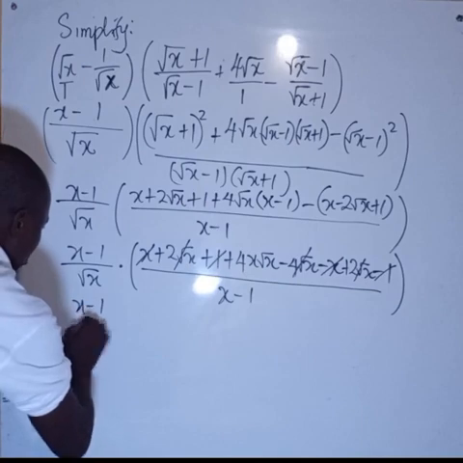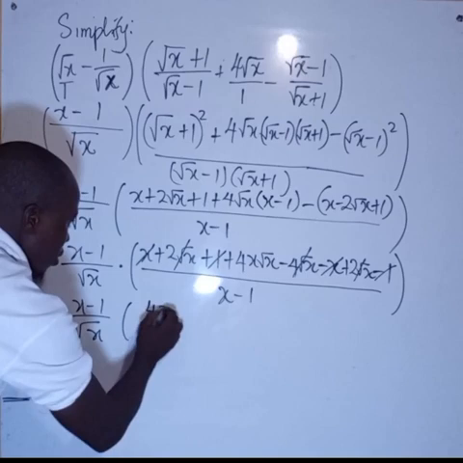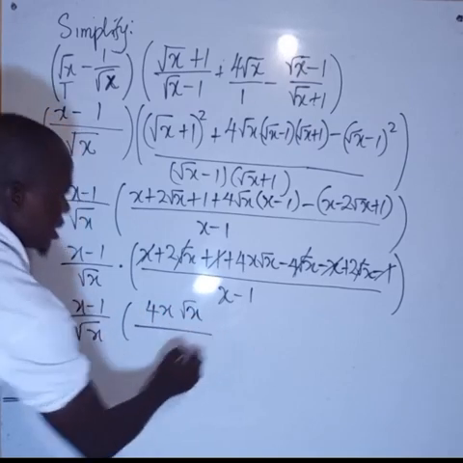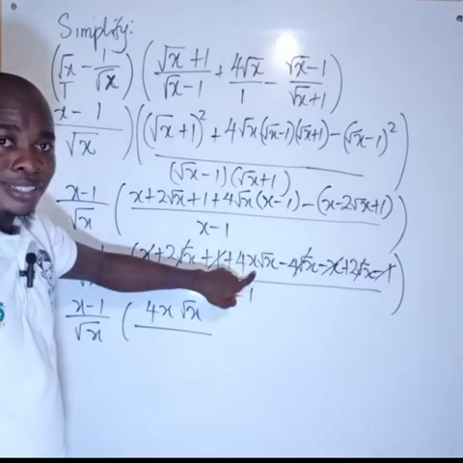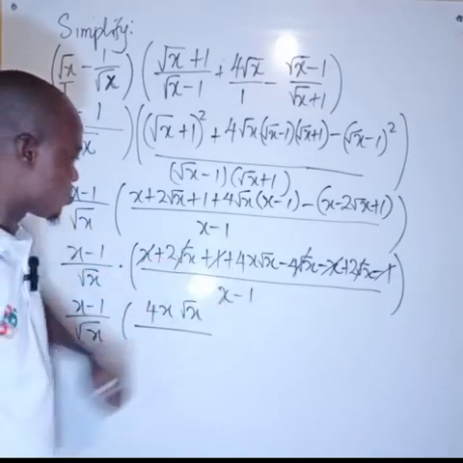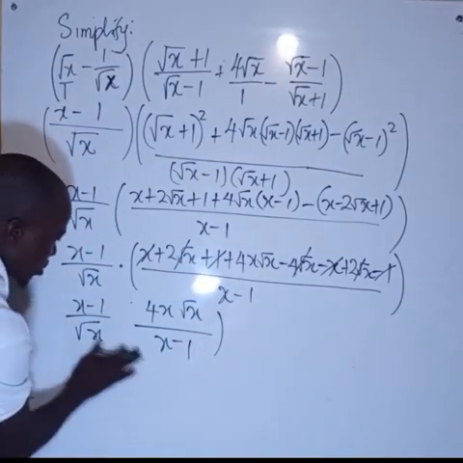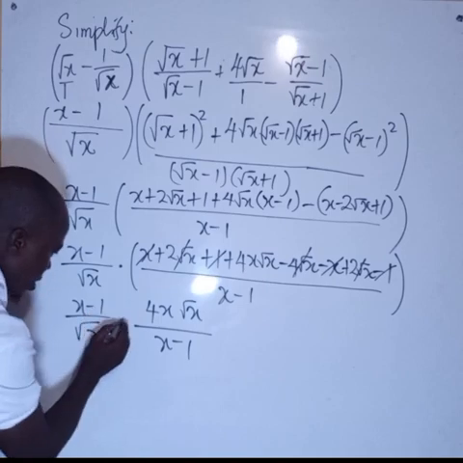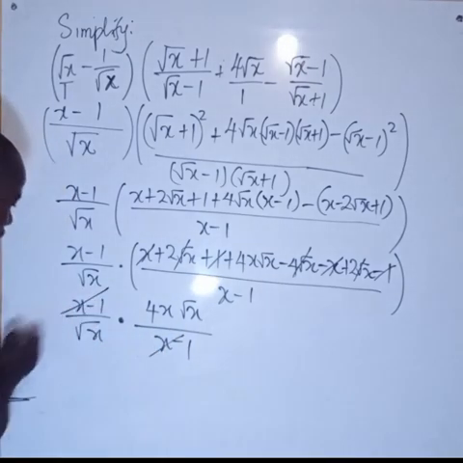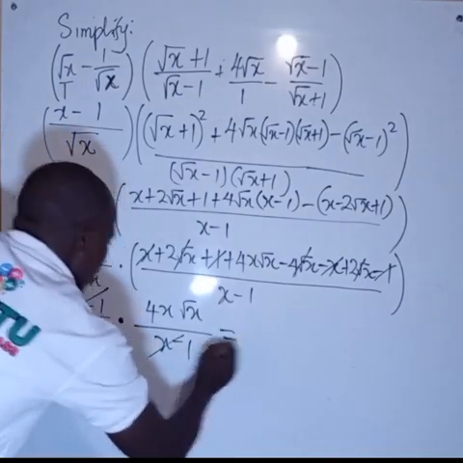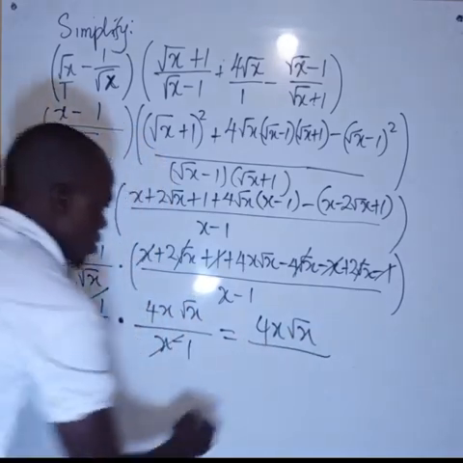We have x minus 1 root x, then multiply by, here I have 4x root x divided by, is it 4x root x I have alone? Yes, it's only the one that is remaining, 4x root x. We have x minus 1. So now don't forget that this is multiplication here. We have multiplication in between them. So this root x, x minus 1, we cancel x minus 1 here. We are going to be having 4x root x divided by